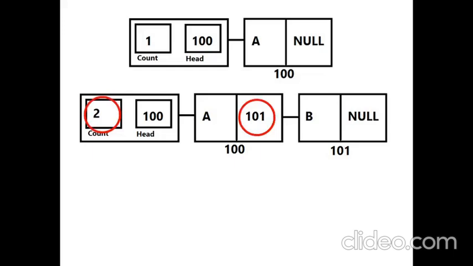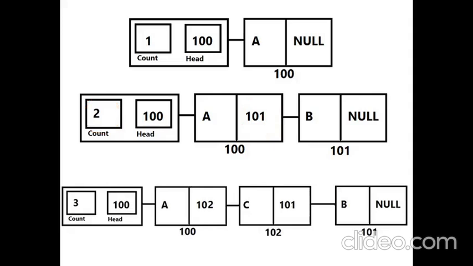When we write the algorithm, we must keep in mind the changes that are required. And in this example, what you see here is that it's not always necessary to insert only at the end. We may even want to insert in the middle. In that case, it is going to be like this. So what you see here is that we have replaced the 101 by 102, because now 100 is going to be followed by 102, not by 101. So this change has happened, and this 101 is copied into the new node link.